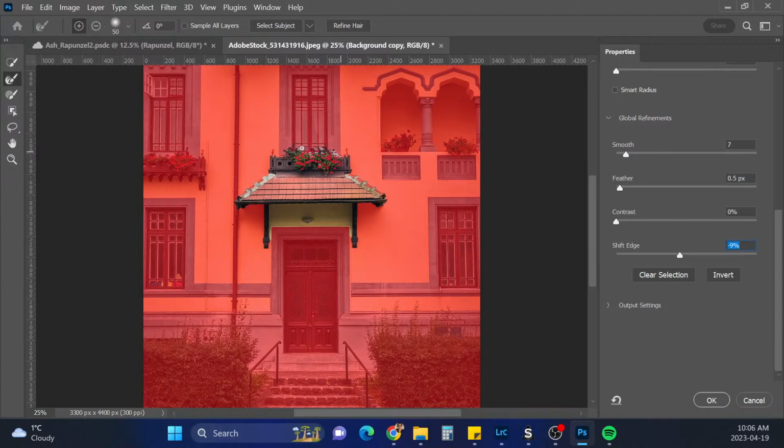I need a smaller brush. And I'm just gonna go to this one and, oh, wrong one.